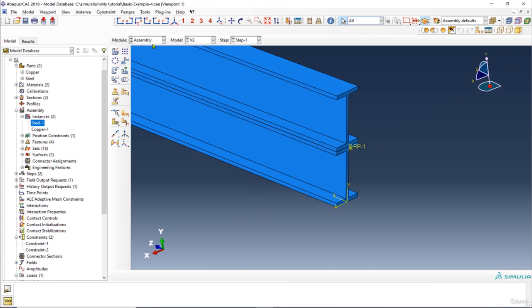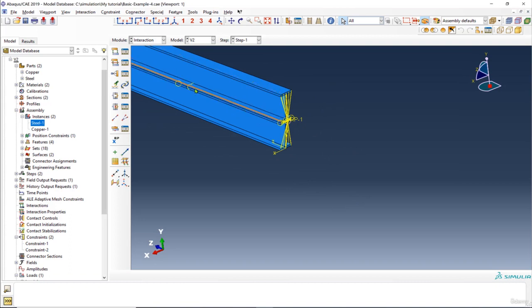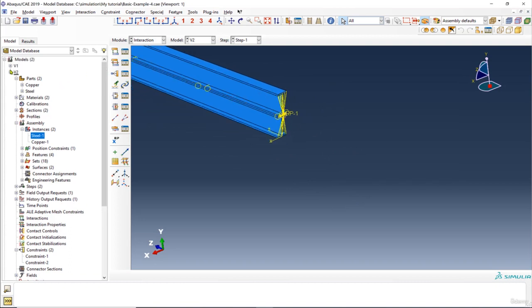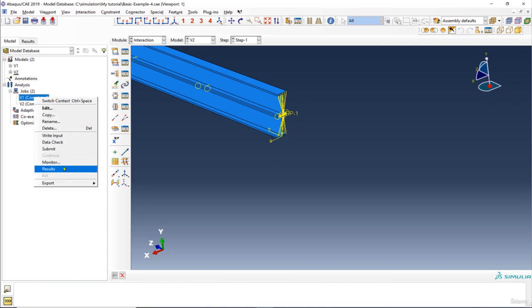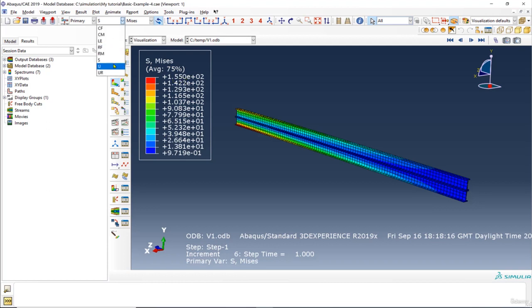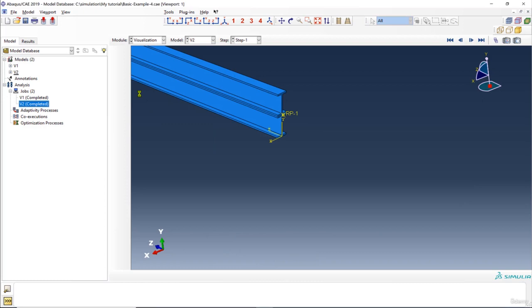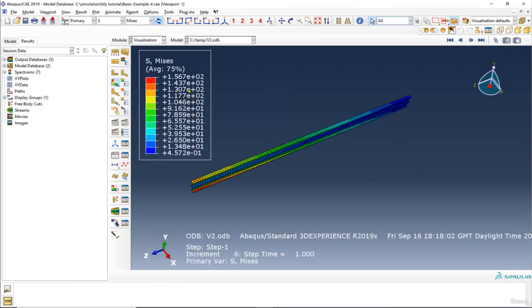And what I have done in the interaction section, I defined a tie constraint between them. So it doesn't really matter which method you are using. I'm going to show you the result. If I go to V1, which I used one single, you look at this, the stress is 1.55, or 155 megapascal, and the displacement is 54.31 millimeter. Now let's check the result in the second example, and you will see that the stress